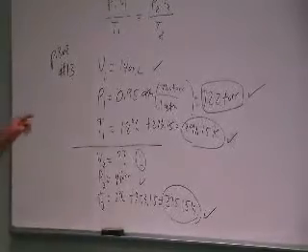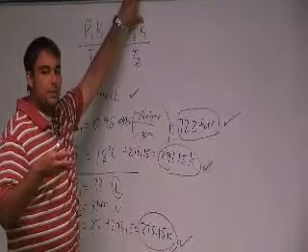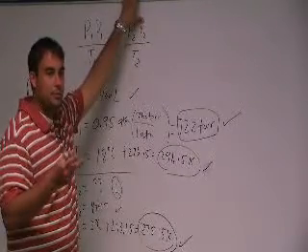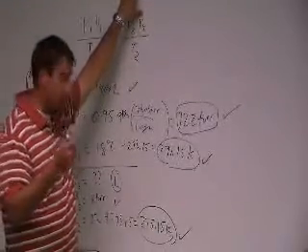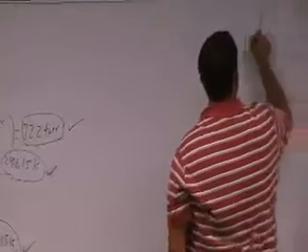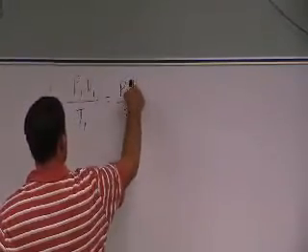Now, what are we looking for? We're looking for V2. Would you prefer to algebraically rearrange this first or to plug in the numbers first? Arrange first. Okay, let's arrange first. Here's where we started: P1 V1 over T1 equals P2 V2 over T2. I'm looking for that, so